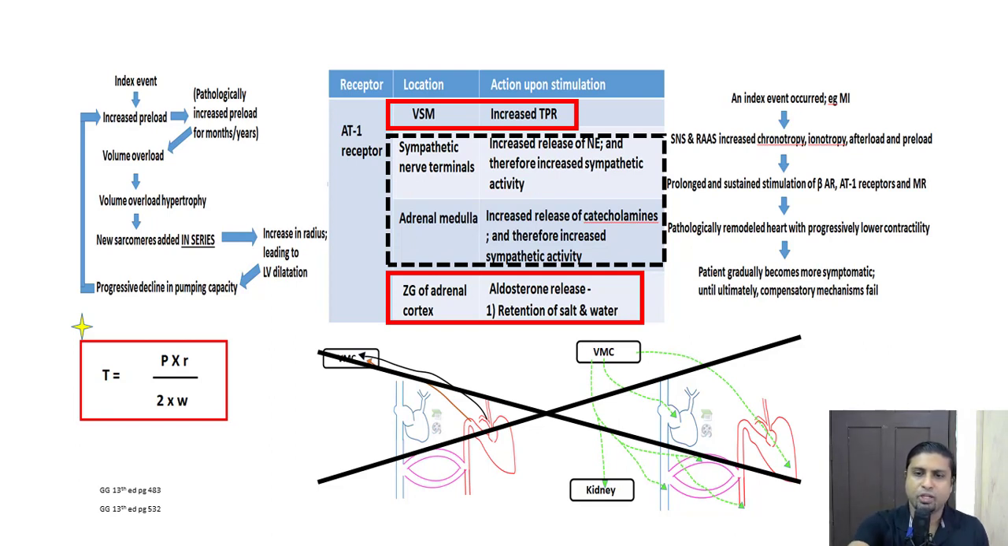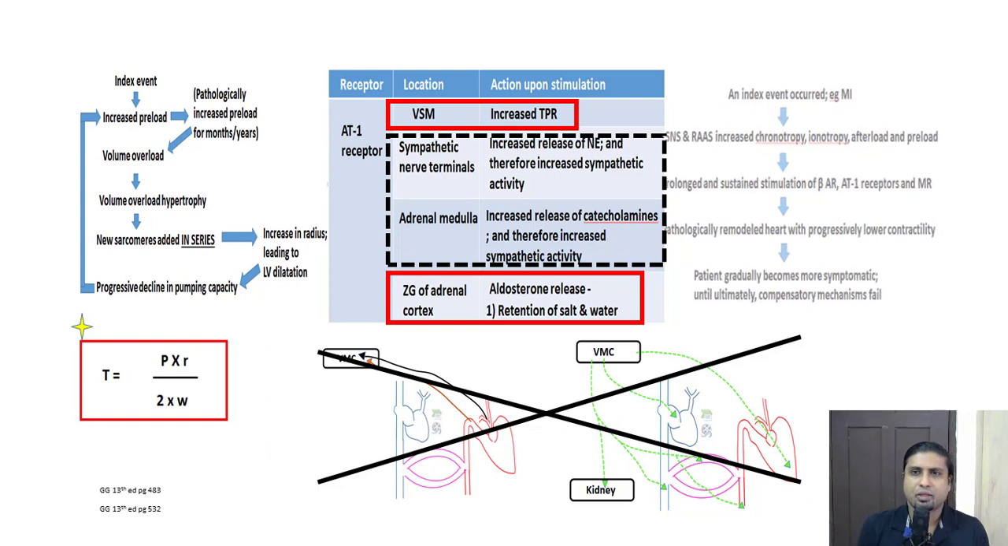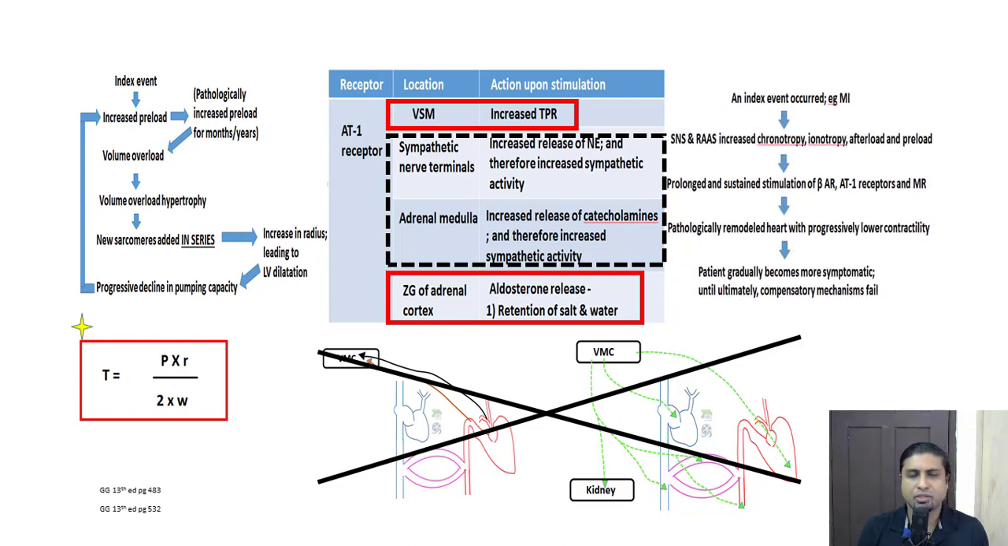Secondly, we know that prolonged and sustained stimulation of AT1 receptors leads to pathological remodeling, which causes a progressively lower contractility of the heart. When we give an ACE inhibitor, this phenomenon can be reduced, and therefore ACE inhibitors prolong survival and reduce mortality. Thirdly,